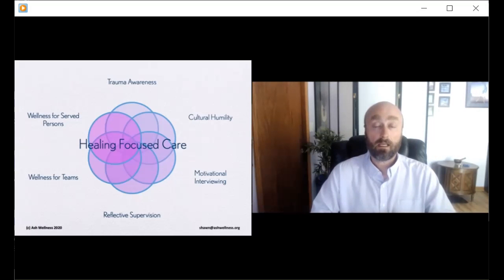And then if I am a leader of teams, a program manager, administrative director, the CEO, the accounting manager, director of development, whatever my role is, and I'm a leader, then I want to be able to create opportunities to hold space for my team, much as we explored. So that's our 2 cents on how to create this healing focused environment.